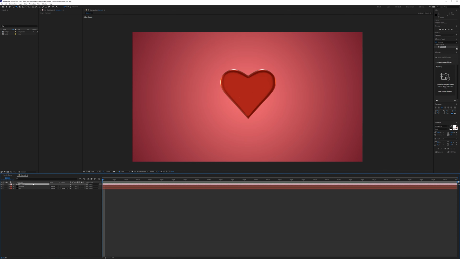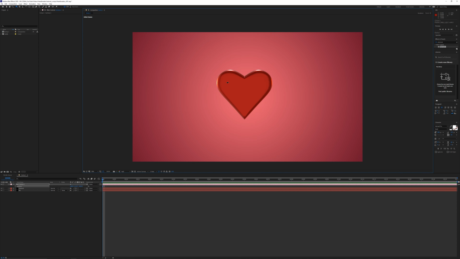We're gonna actually start by just pulling the camera out just a little bit and then lowering this. So for the new controls for After Effects, I'm going to use the orbit tool. It's very similar to the original tool, but to pan and dolly, you want to hold down the Alt key, and then you can have access to the same controls without having to switch to these other tools up here. So just hold down Alt, and then you can pan with the middle mouse button clicked and dolly with right mouse button in and out.